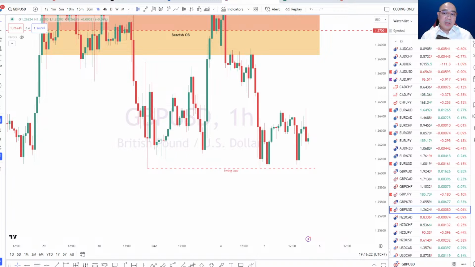So a supply and demand, I don't like to use the word supply and demand, I'll be honest with you. I still call it a support or resistance area or a support or resistance zone. I know there are modern uses of supply and demand, but it's so general, it doesn't actually mean anything at this point in time, because anything can be a supply and demand. Okay, so that's that with our recap. I think we've spent enough time on our recap, so I think we can move on.